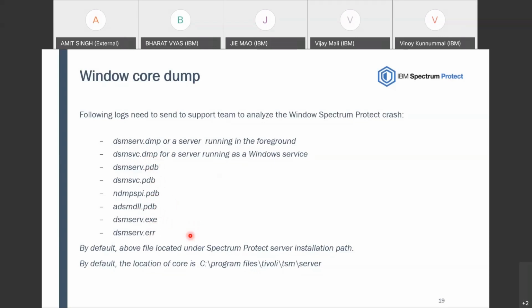All these files are located under the server directory. By default, it is C:\Program Files\Tivoli\TSM\server, and the default location of the core file is also the same. Once we have these files, the support team will extract the call stack and help you find the RCA for the server crash.